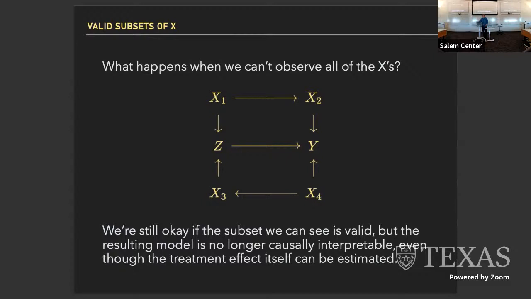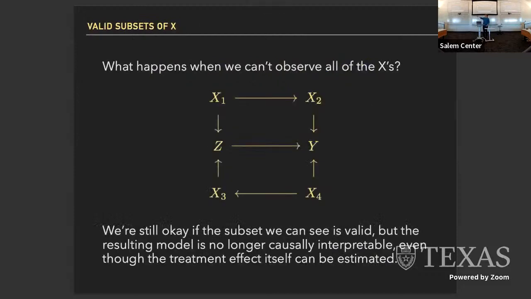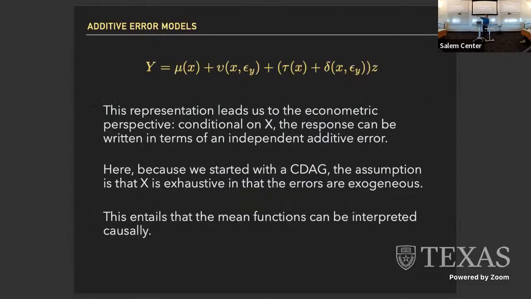Because those are the ones that have causal arrows going into y, and this is the expected value of y, right? So what that means is that if I now have this and this, when I integrate over x2, x1 is going to show up, because x1 is going to help me predict the value of x2 that I don't get to see. And it actually is fine. It works out fine. The reason it works out fine is that as long as you have a subset that satisfies the condition of deconfoundedness, then everything's going to work out. Just take my word for that. I don't want to go through the details of that. But what I do want to point out is what it's going to leave you with